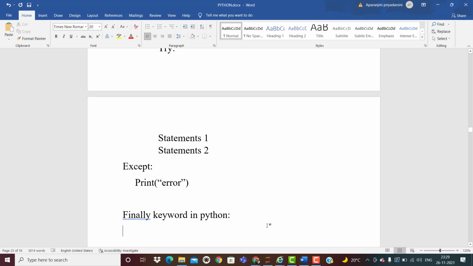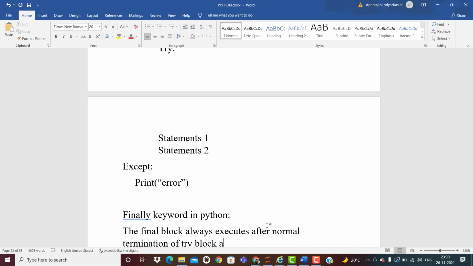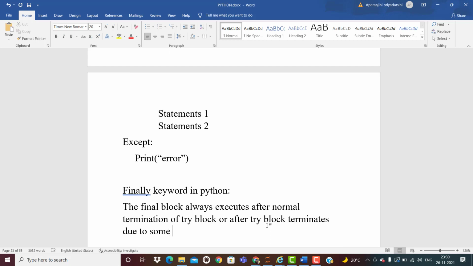So this is going to be written: the finally block always executes after normal termination of the try block, or after the try block terminates due to some exception.